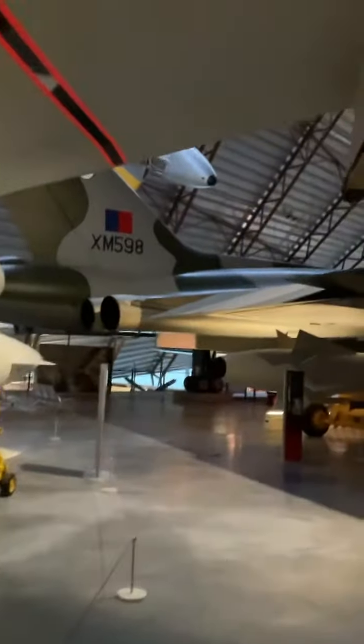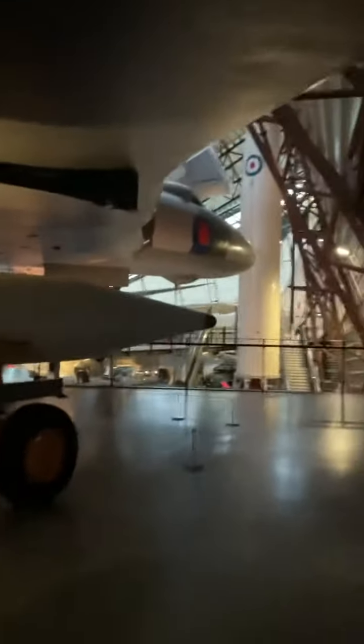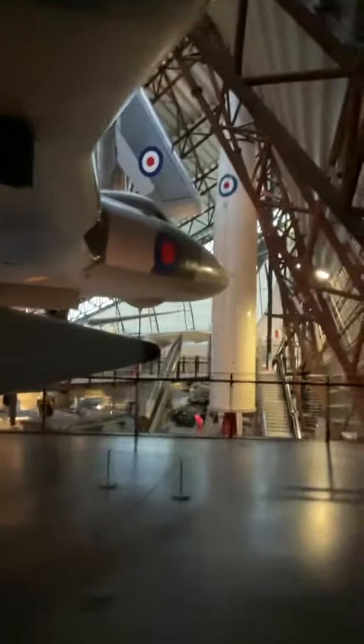Looking over there, you can see the start of the Avro Vulcan, built near my grandma's house in Woodford, and it's the birthplace of the Lancaster. Sadly, Woodford Airfield's no longer there. It's now a housing estate with a good pub and a great aeroplane museum, which has an Avro Vulcan on